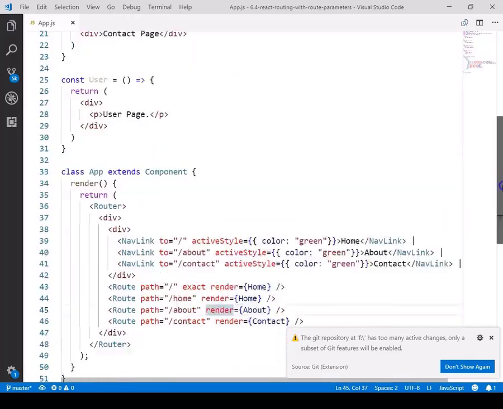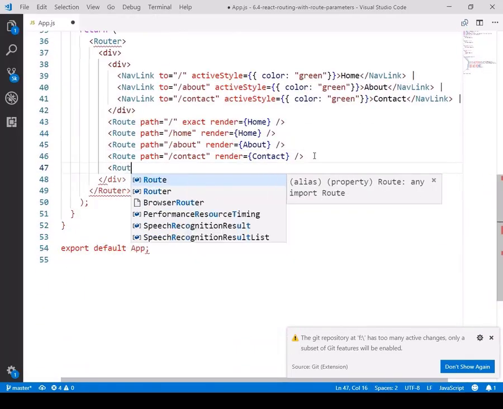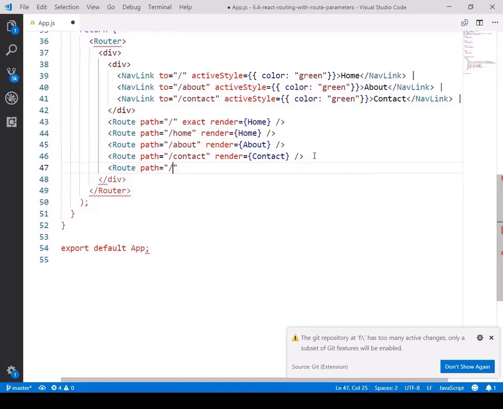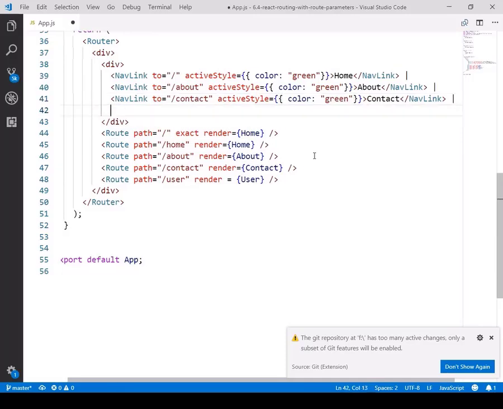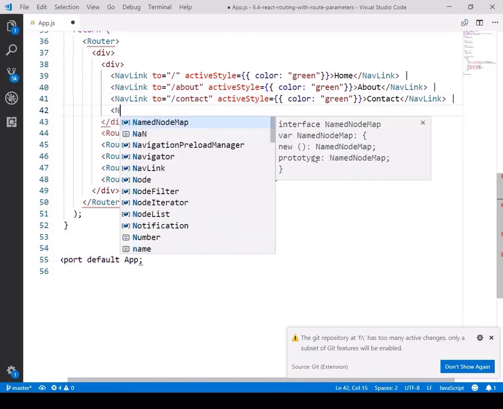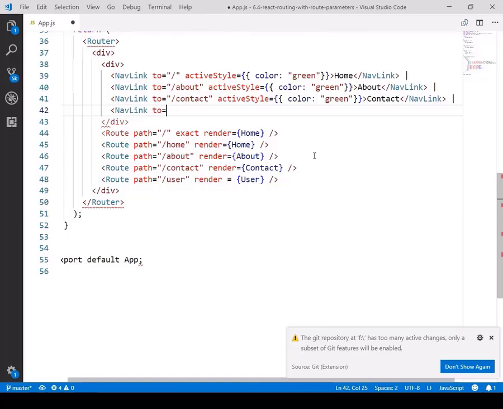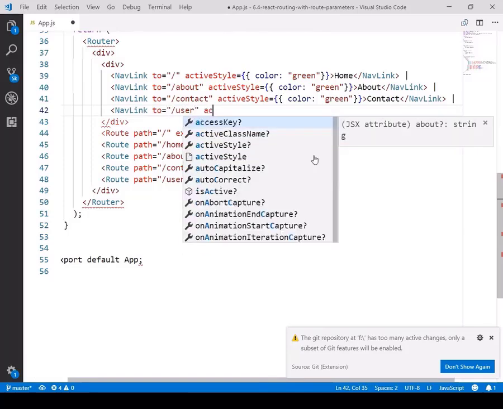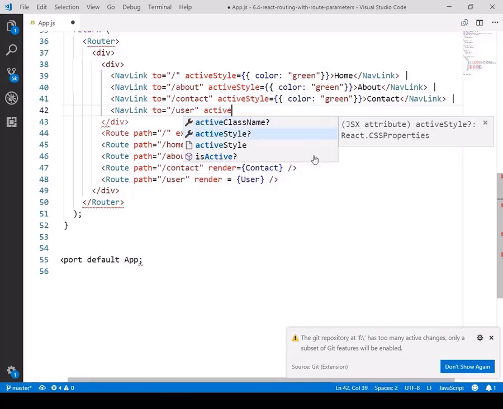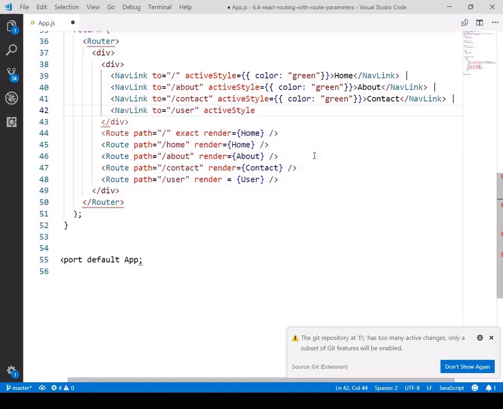I'll add this into my routes, so that when someone routes to the path /user, it will render the user component. And also I'm keeping a nav link over here, so when someone navigates to the /user route, I'll keep the active style same for this route as well, where color is green.